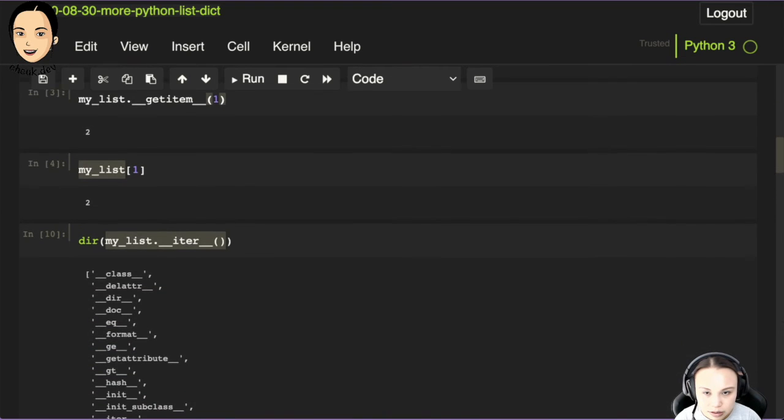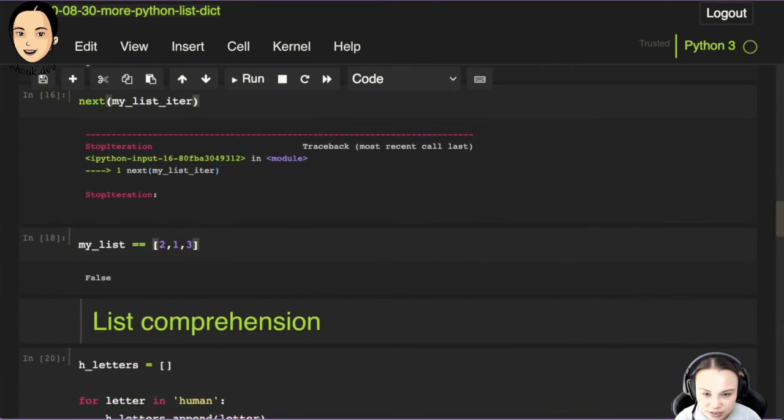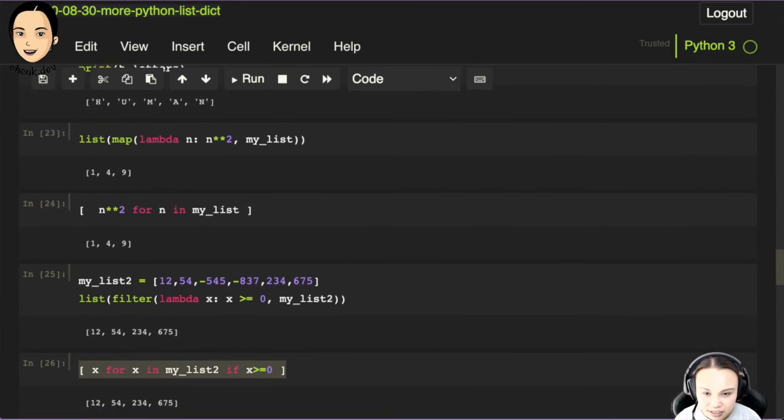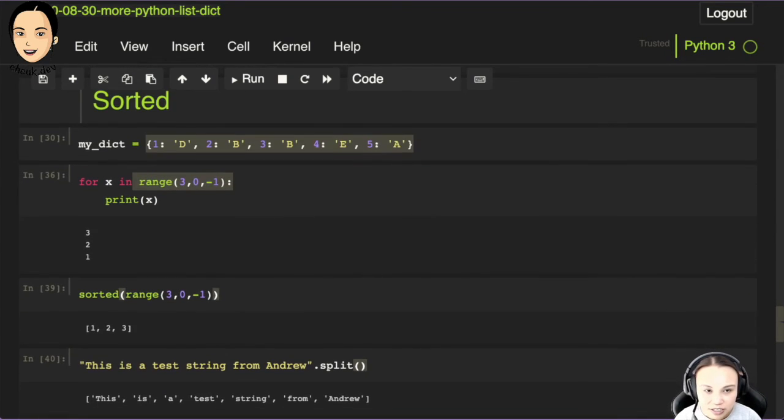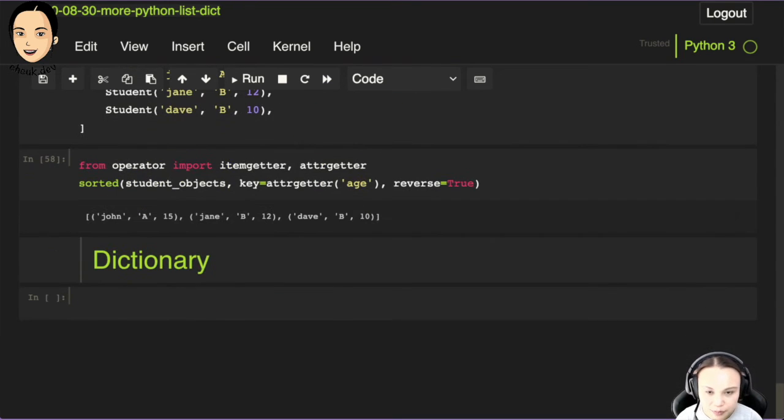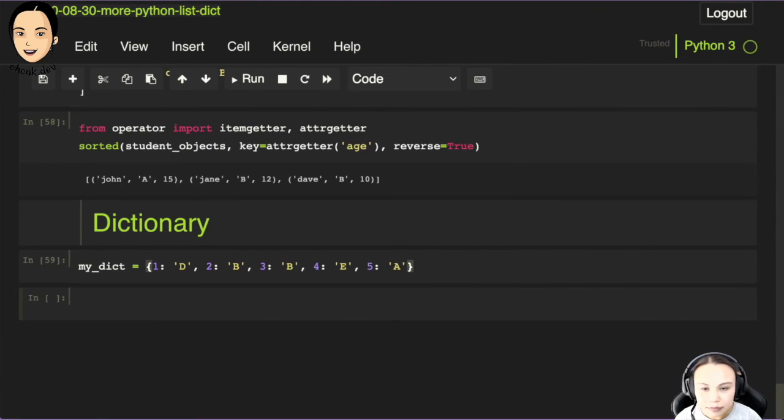Where was it? I remember I have my dictionary somewhere. Yeah, okay, here. So this is my dictionary, and what I've got to do is copy and paste again so I remember what it is. I have my dictionary. And then let's check if my dictionary is equal to,